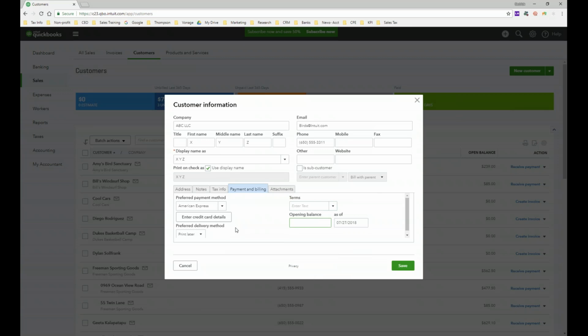And if they have an opening balance, this is if you're transferring the balance from another system onto here. So as of 7/27, or if they have a prior balance already with you, which you have not entered into QuickBooks, you could put this in here to say as of 7/27/18, they have an opening balance of $100. If not, then you can just leave this as 0. So once you're done, you would just select save,